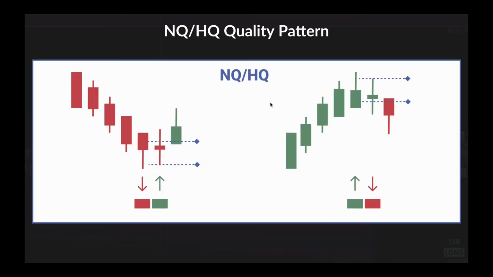All right. This one, I call it the NQHQ pattern. It's a 2-bar pattern. It's almost like not a trade on the first bar, on the turn bar. Like the turn bar is absolutely, you would never place a trade there, but the second bar is kind of a higher quality pattern, right? And so what I mean by that, if you take a look at this one,